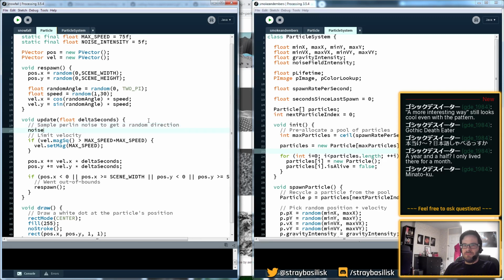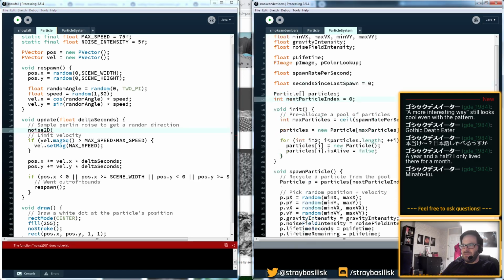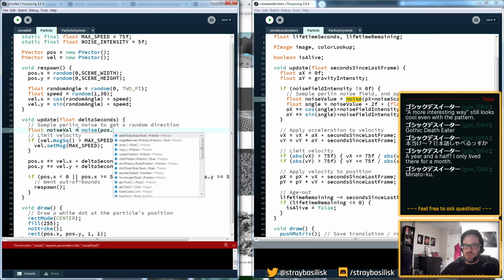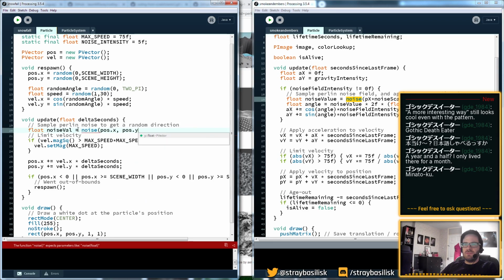I think there's just a noise 2D function in Processing. Let's look up the reference, or let's just look at my reference right here. Okay, so it's just noise, and you just pass in an X, Y, and or Z. Let's just do X and Y for now. pos.x, pos.y. We also need a scale,